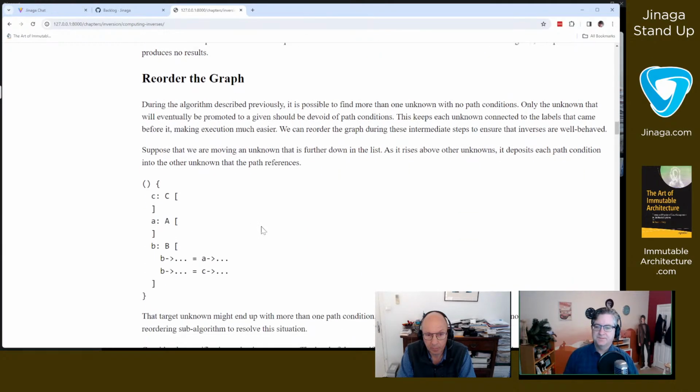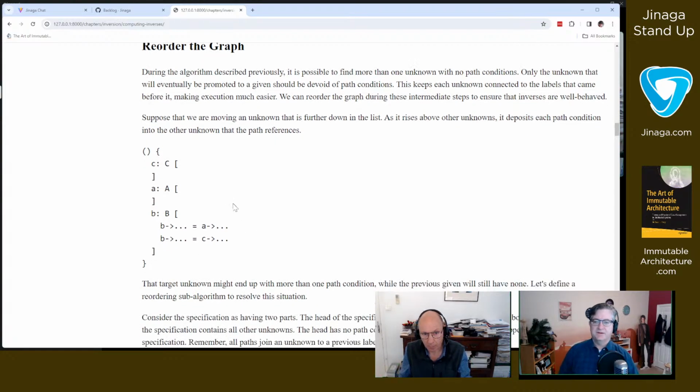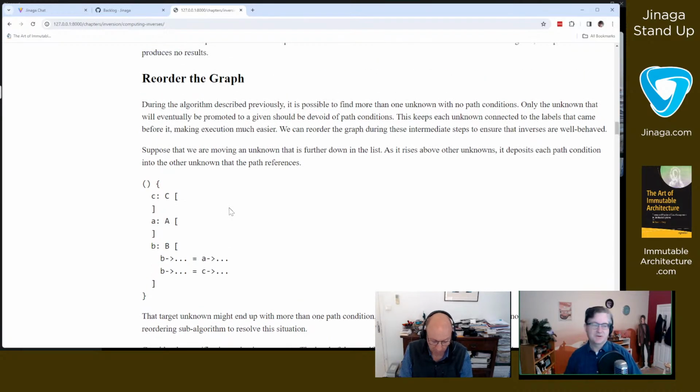So this was one of the interesting things that I ran into when I was first coming up with this algorithm. At first, I sketched out a very rough proof, but I didn't have a full proof, and then I unit tested.